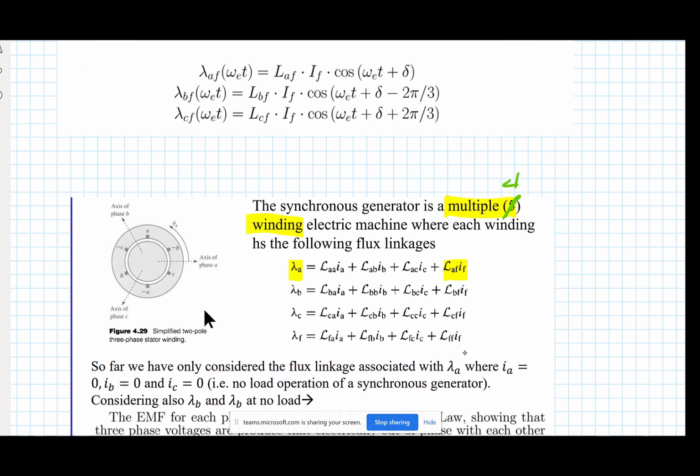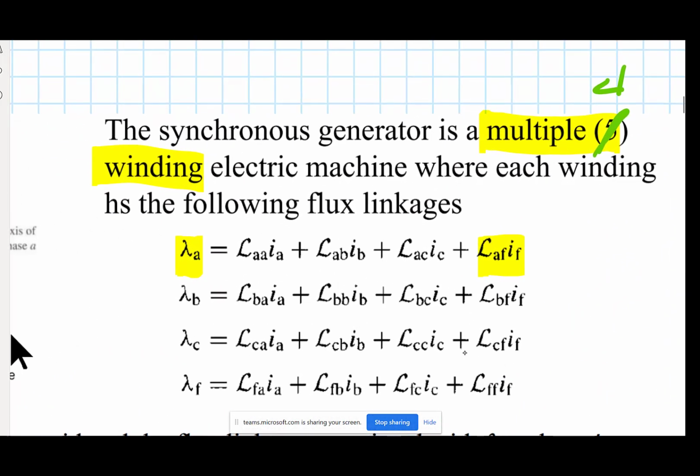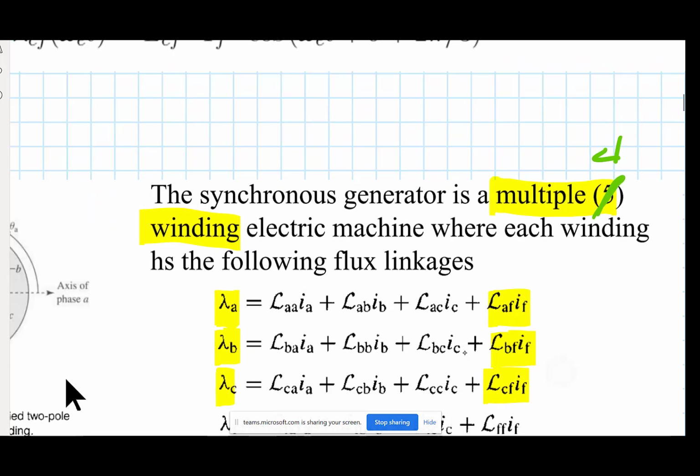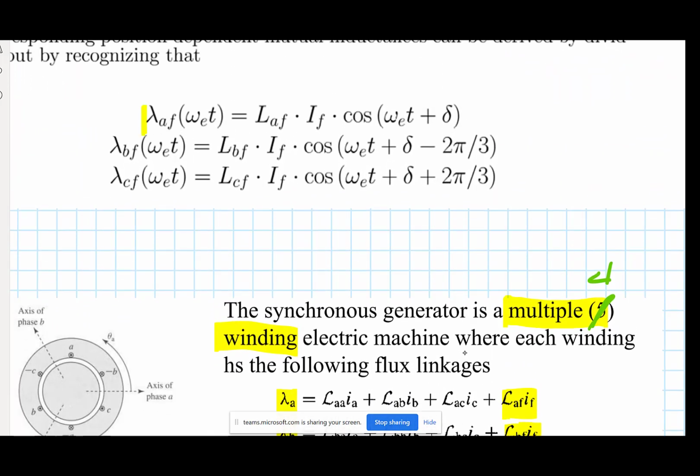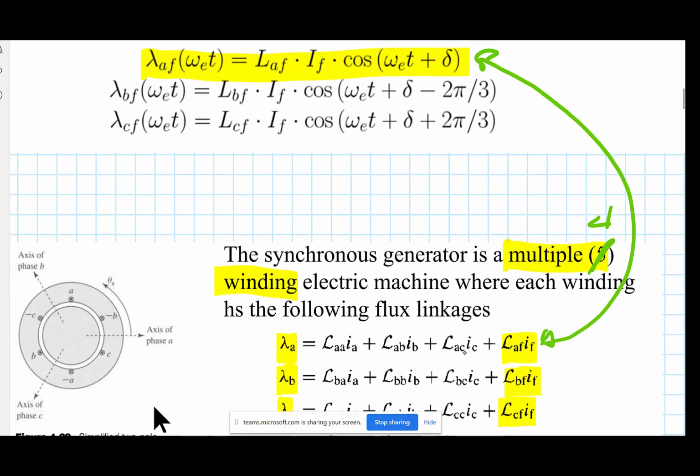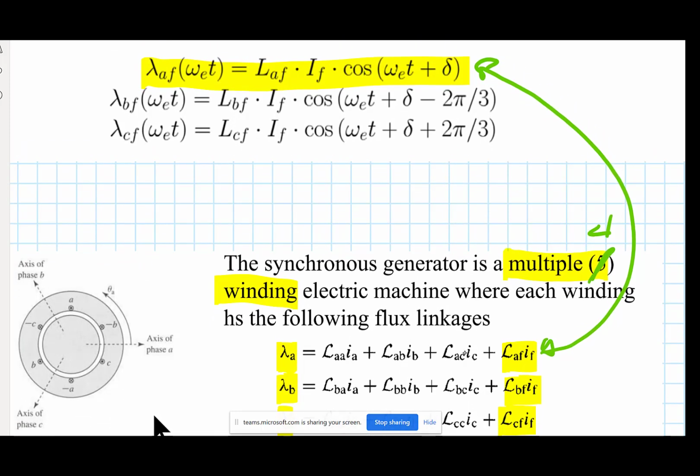We're showing this as a periodic scalar function. Notice that there's a B winding that also links to the field, and a C winding that links to the field. And if you go back up here, what I just highlighted again is associated with these flux linkages out here that I wrote as periodic scalar functions. So the first one here, the L_AF, so you kind of have this